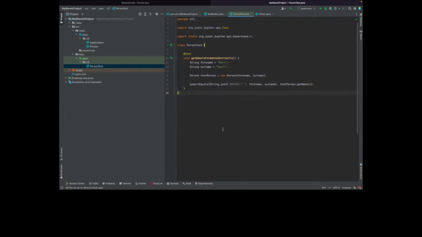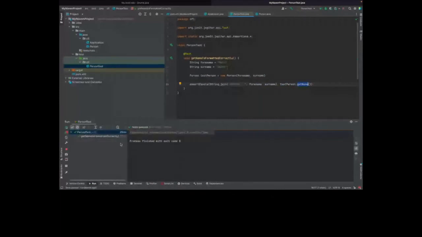And so it's kind of like Jest or any other testing framework library that you've used before. I will define a test. My test is called get name is formatted correctly. So I'm going to define a name, create a person, and assert that what I should be getting is a forename and a surname delimited by a space. And then if I do test person.getName, I can run this test,